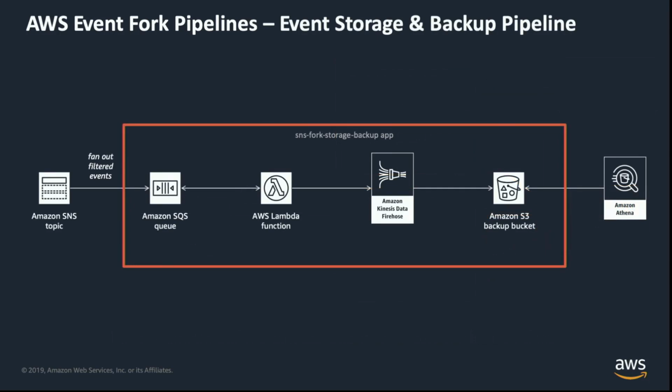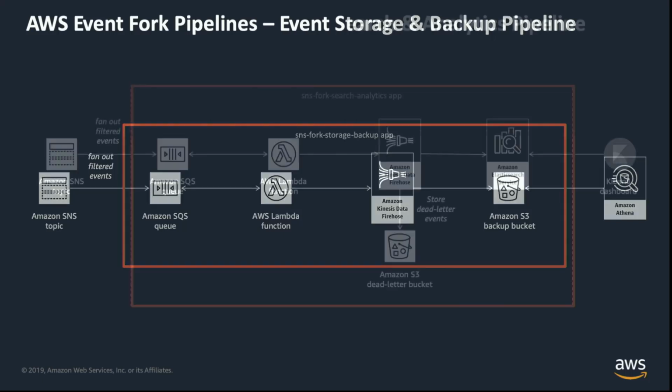So for example, to store and backup, and this is probably the most interesting one from an observability perspective, you pass the event to a Lambda function, and then it's using, in this case, Kinesis to store everything on S3. You can eventually optimize the format to be, for example, Apache Parquet, and then you can use Athena, as we saw in a previous presentation today, to run SQL queries and analyze your events